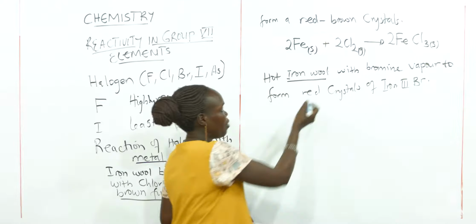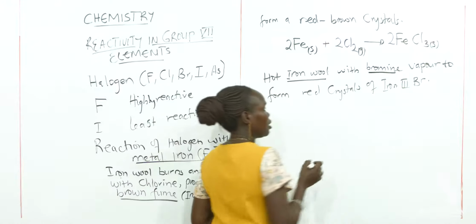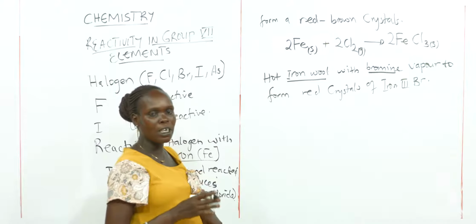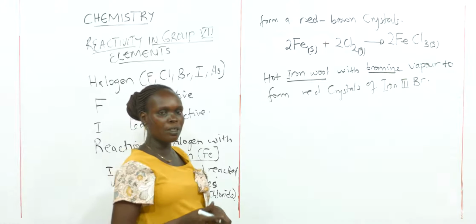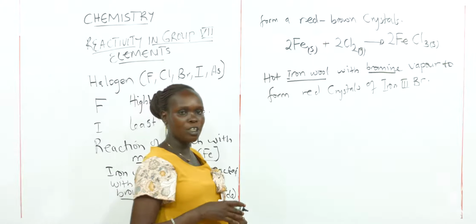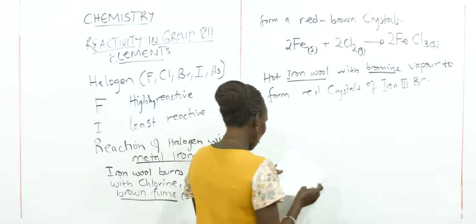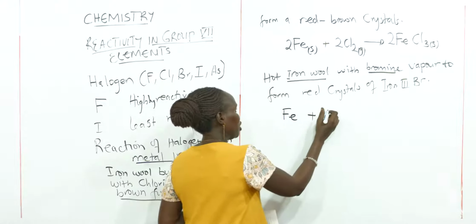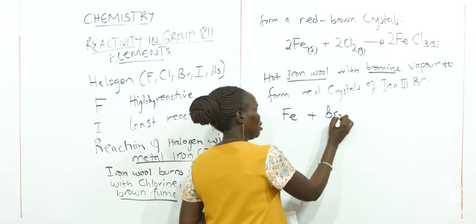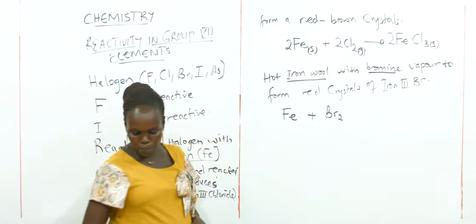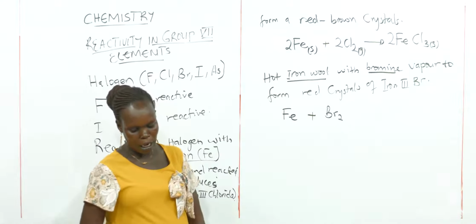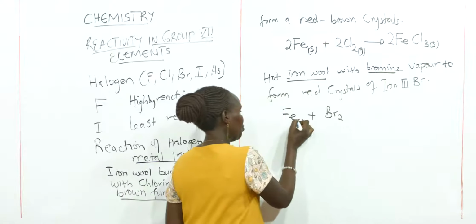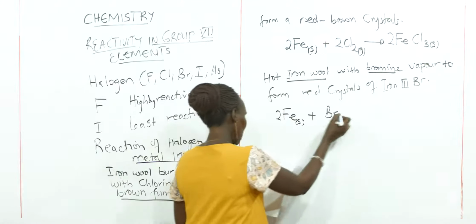So in this case, if we have bromine reacting less vigorously with the iron wool, what will be for iodine? It means for iodine the reaction may not proceed. Why? Because iodine is the least reactive in the group. So in this case, we shall have iron plus bromine. Here iron and bromine are representing the reagents, and here we say that this is iron wool, and the reaction will look like this: